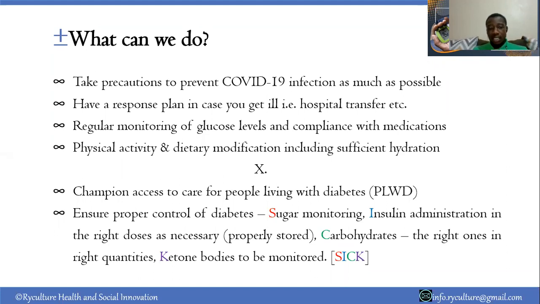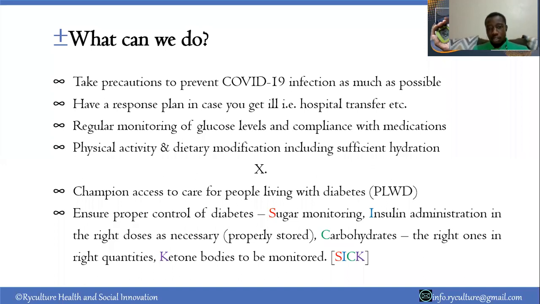Then once they've monitored their glucose, they have to comply with their medicines. The different medicines that are being taken by diabetics, starting from metformin and all the other oral drugs. Then we move to insulin for the people who are injecting themselves. Type 1 is majorly through insulin. Type 2, we have insulin at the advanced stages when the body is not able to produce enough insulin because of progression of the disease. And they have to ensure they comply with their medicine.